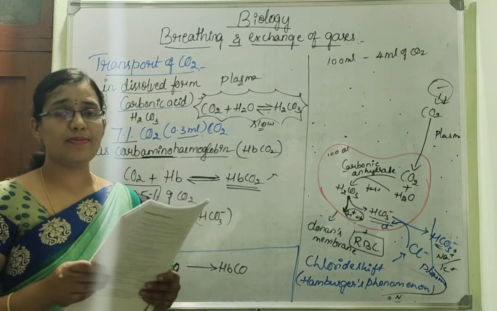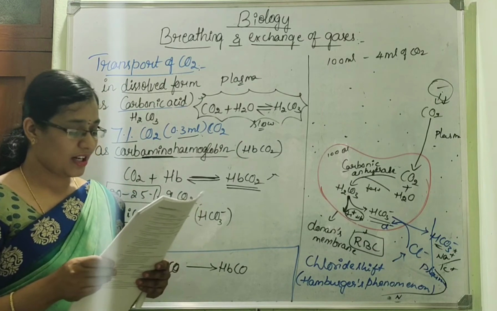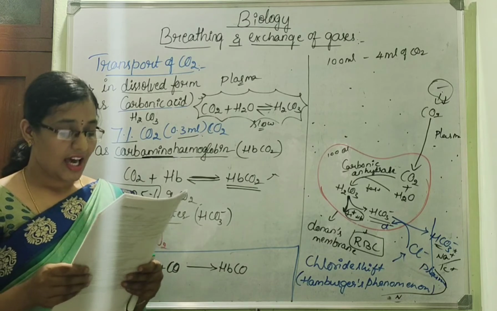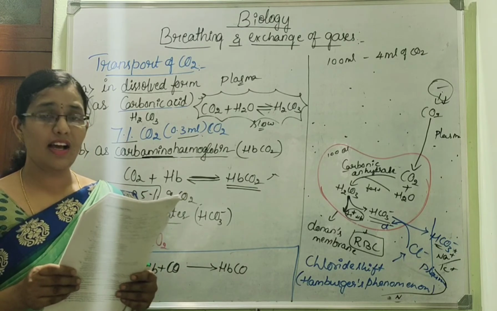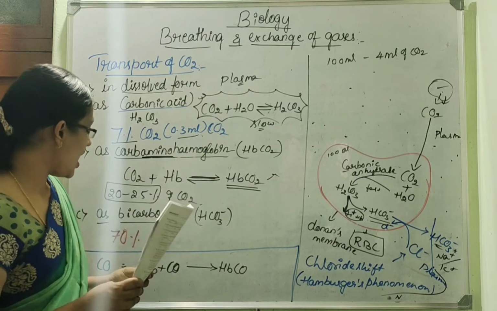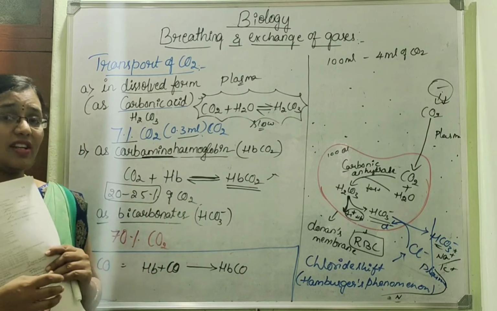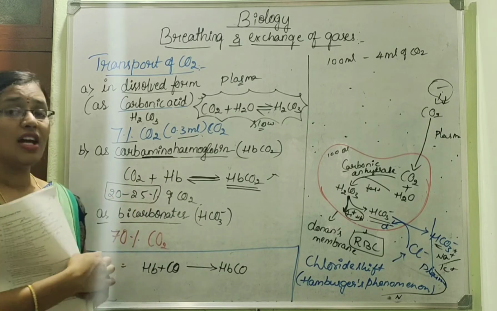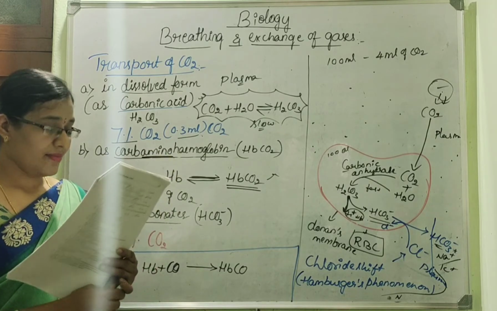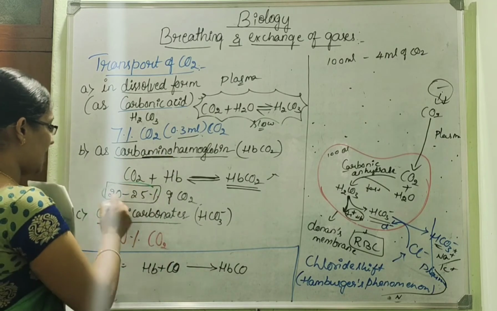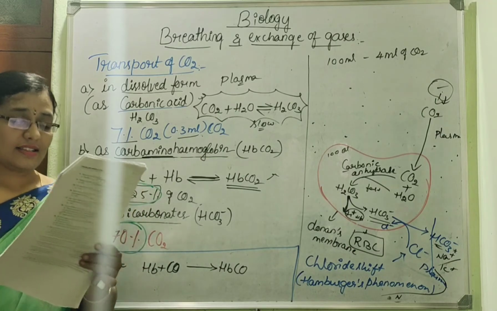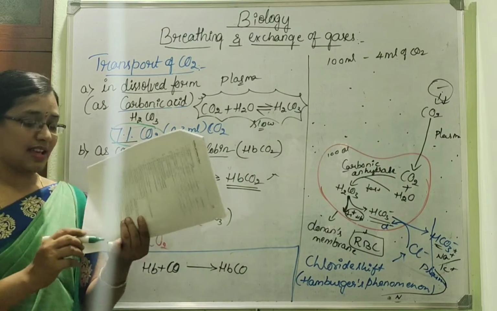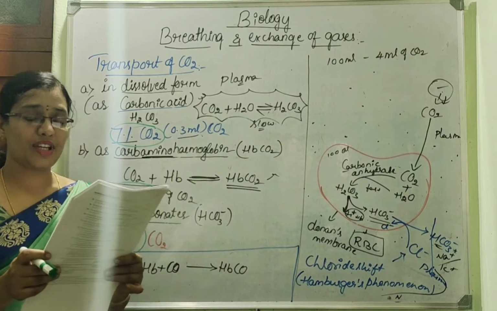So here, blood transport of carbon dioxide occurs in three forms. They have asked the percentage as carbaminohemoglobin in RBCs. As carbaminohemoglobin, how much percentage of carbon dioxide is carried? It is 20 to 25%. As bicarbonates it is 70%, and in dissolved form in plasma it is 7%. So which is the right option? Option A.